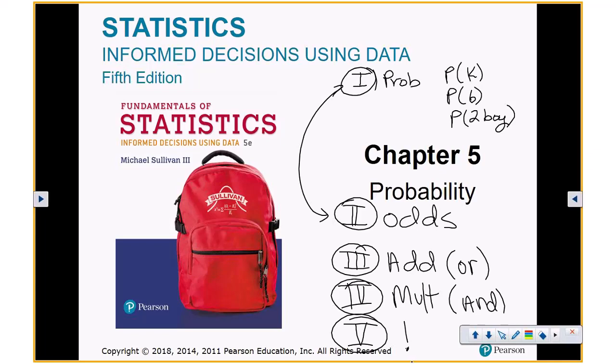Some of y'all already know how to do this stuff because it's one of the biggest things you hit in your 120 class in high school. You hit statistics with mean, median, mode, and all that stuff, and then you hit this. So I know most of y'all have seen this before. So let's go ahead and hit enter.